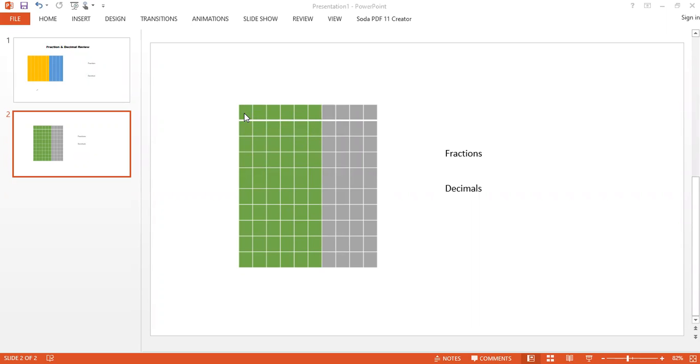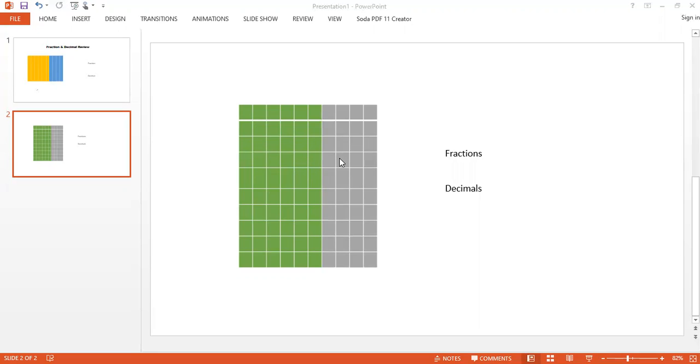So if we count them over, 1, 2, 3, 4, 5, 6, 7, 8, 9, 10, and we count down, 1, 2, 3, 4, 5, 6, 7, 8, 9, 10. 10 times 10 is 100. So now we have 100